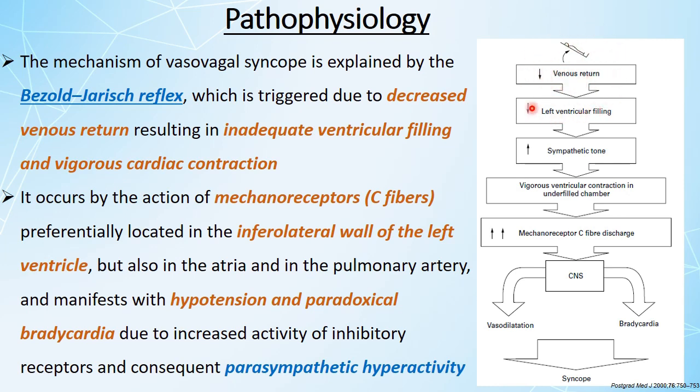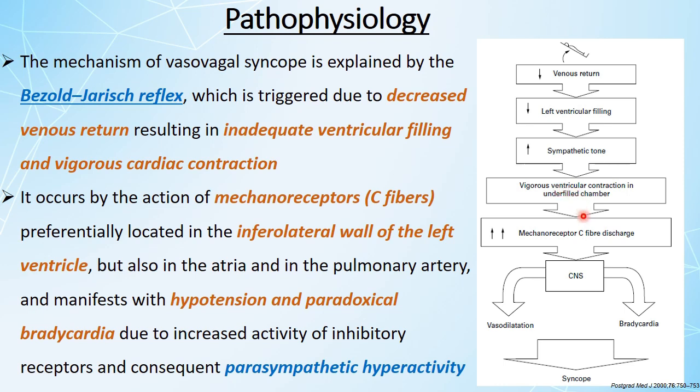So when there's reduced venous return to the heart, it leads to decreased left ventricular filling in the heart, which in turn leads to increased sympathetic tone in the body, which in turn leads to vigorous ventricular contraction in the underfilled chamber in order to compensate for your reduced left ventricular filling, which in turn leads to increased mechanoreceptor C fiber discharge,